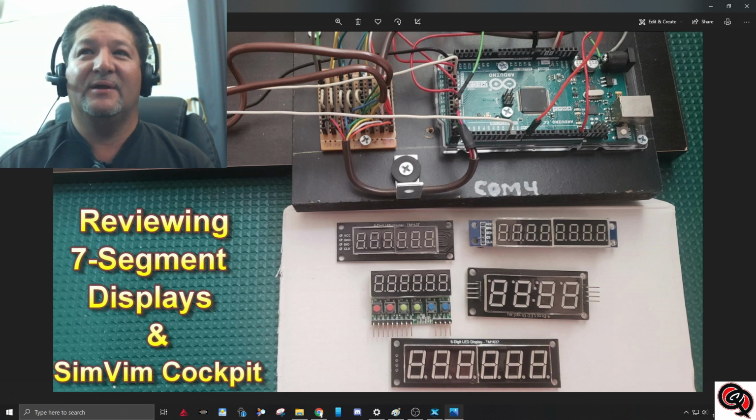I mean, everything is laid out perfectly well on the SimVim website, which I highly recommend everybody has read, through all the different parts that you need for whatever components you want to put into your home cockpit. But other than that, I think that's all I got